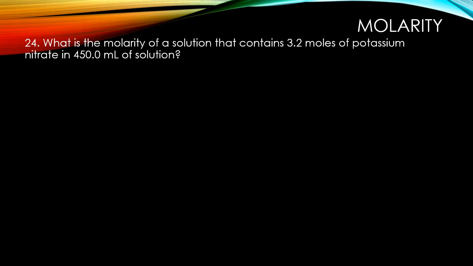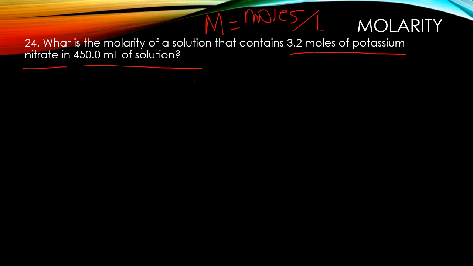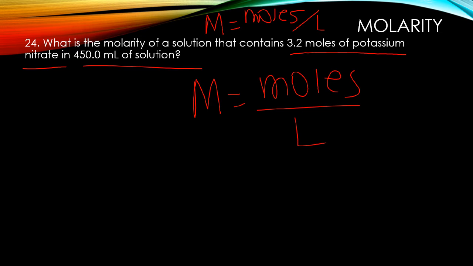24. Okay, so getting to our math problems. These are molarity problems. Reminder, the formula is molarity equals moles over liters. So I want to know what is the molarity of a solution that contains 3.2 moles of potassium nitrate and 450 milliliters of solution. So molarity equals moles over liters. We have our moles, 3.2,